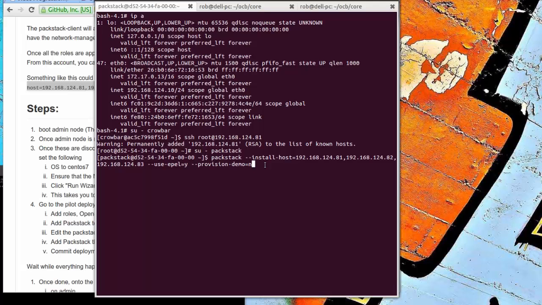One thing to note is for speed and performance reasons, we don't include the first ISO that OpenStack needs, the first VM image. So you would have to upload that post the install in this case. And I'm going to kick that off, and it'll start doing the PackStack install. That's going to drag in a whole bunch of things from the internet, so it takes a bit of time